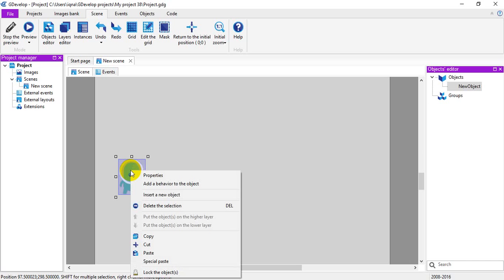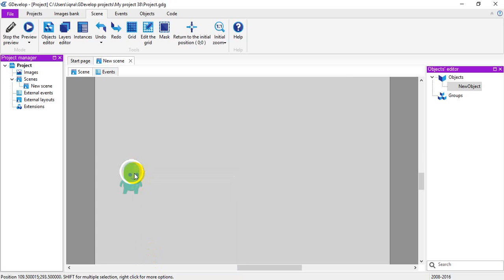You can edit the properties of your object or add behavior to the object, or do some other steps like lock the object. If you lock the object, you cannot touch or move your object. For now, we can unlock that.